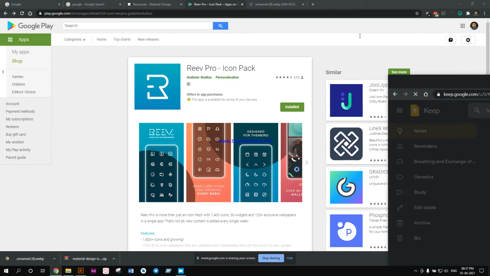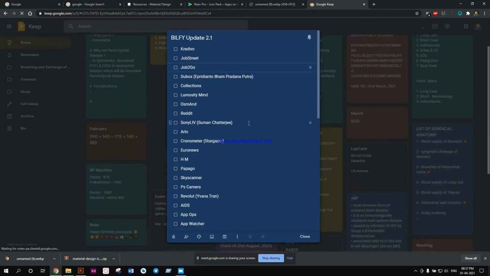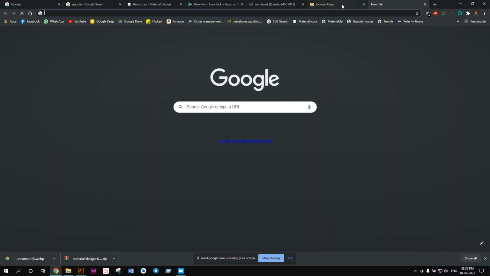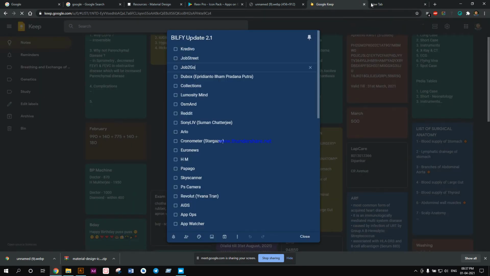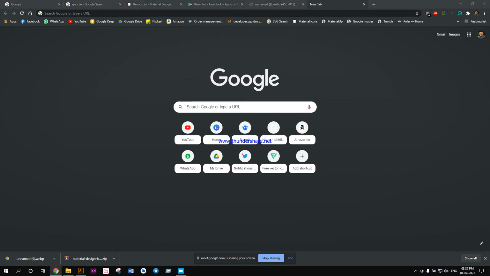I think it's safe to open this page right now. Lots of codes are being shown, so I will not do that. Let me open once again. Just wait for a bit.